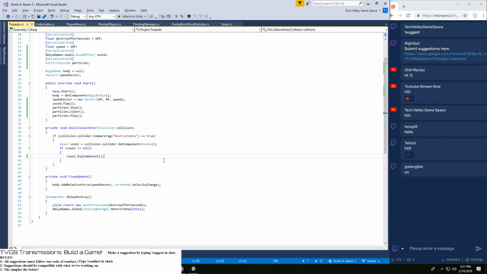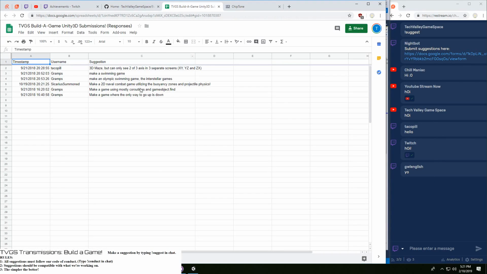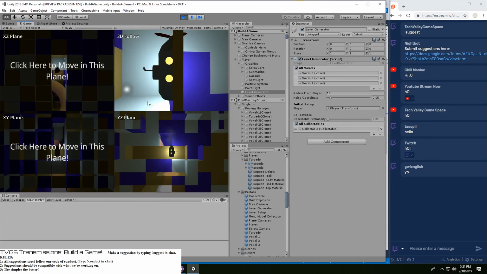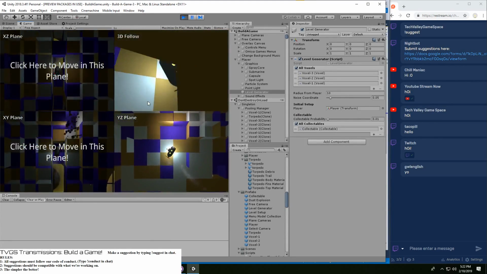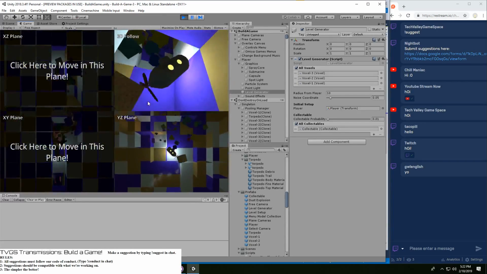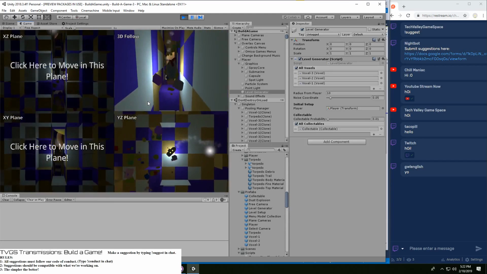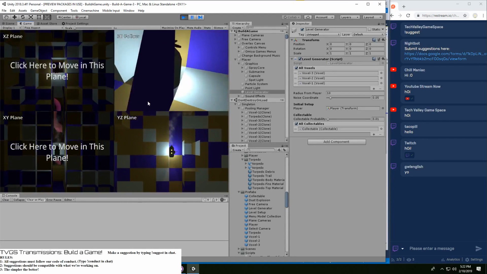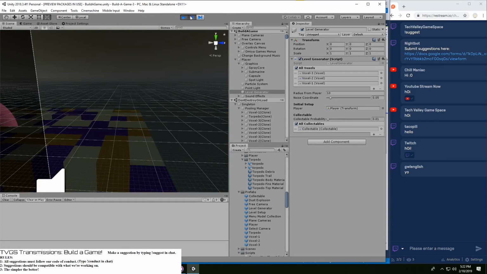So, was there any new suggestions added to the sheet right here? Nope. I'm trying to see... Okay.